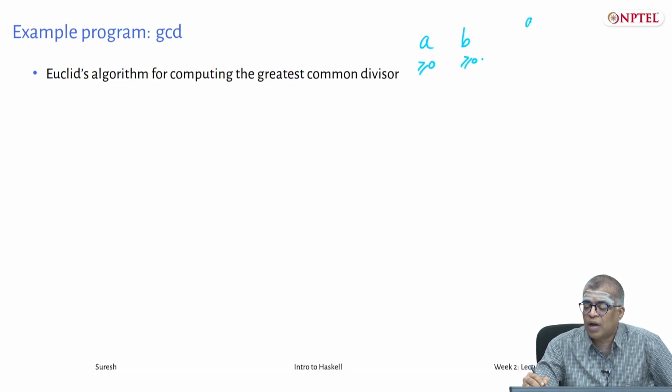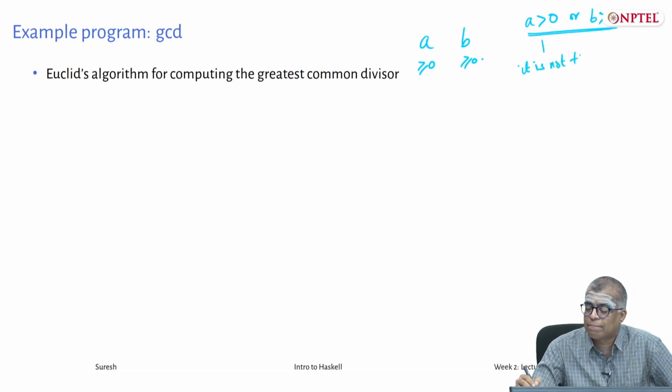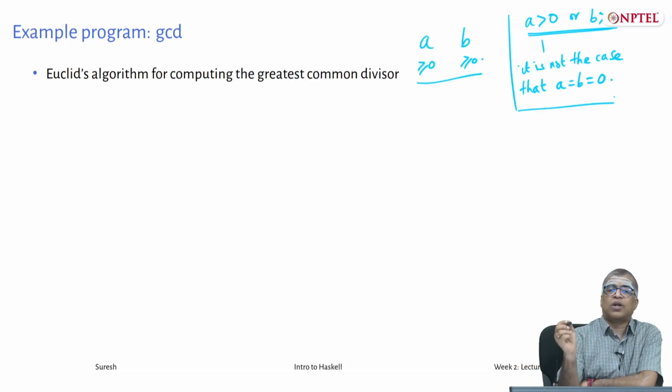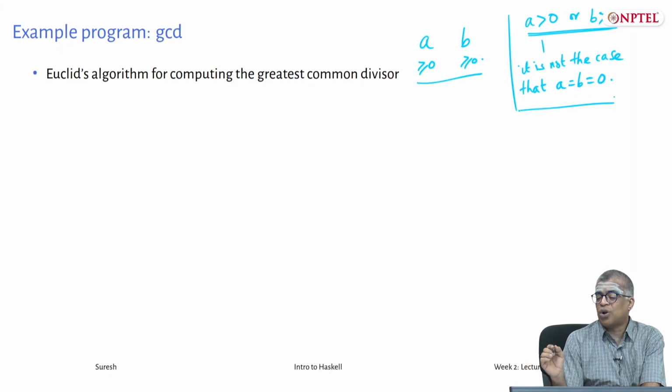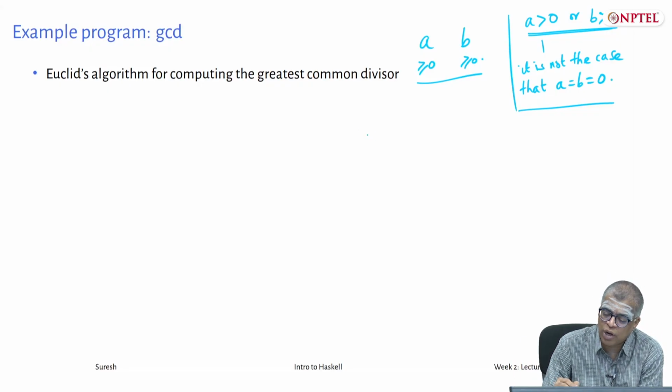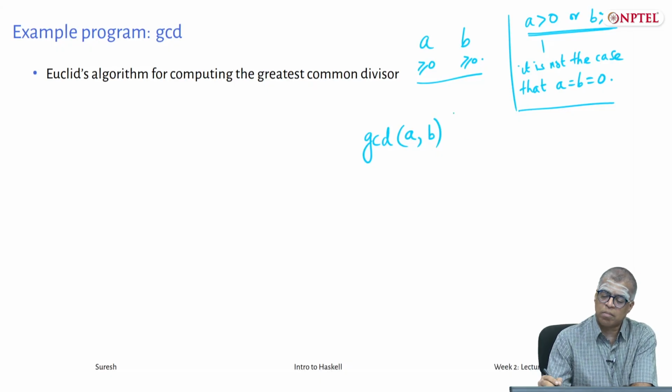You are also given that either a is greater than 0 or b is greater than 0. Or more specifically, these are your input assumptions. A is greater than or equal to 0, B is greater than or equal to 0. It is not the case that A is equal to B equal to 0. Okay. Now, how do you do GCD? You all recall from high school perhaps. GCD of A, B is nothing but